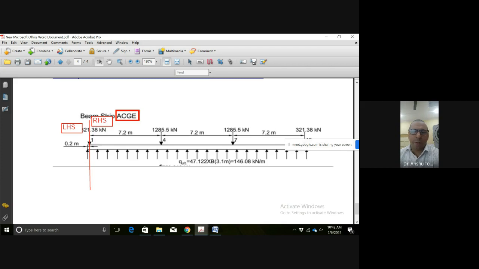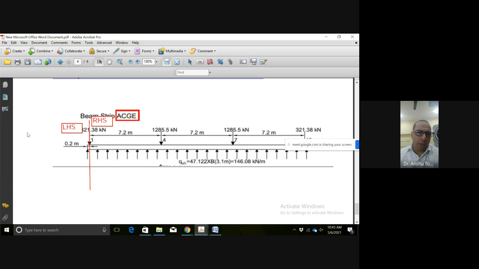Loads are given which are acting from bottom to top, and loads are also given which are acting from top to bottom. This is the main part of your design. If this is going to be wrong, then the entire design is going to be wrong, because you can neither find the area of steel nor check the depth. You cannot do anything. Because there are two main things of the raft design: area of steel and depth.